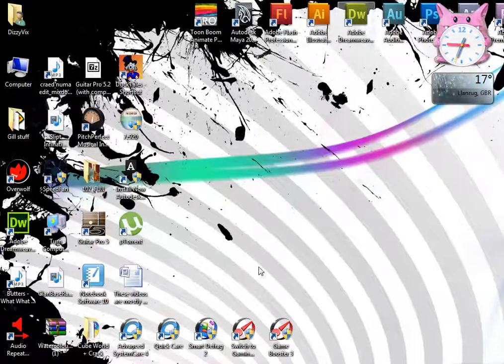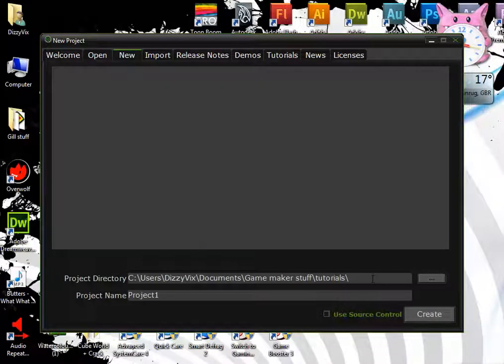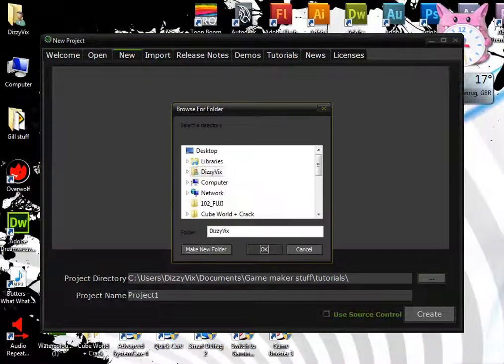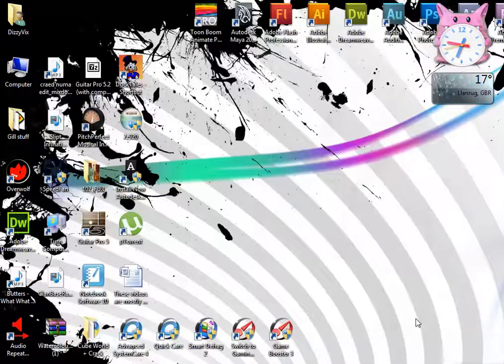So I'm just going to turn this off and boot up Game Maker Studio. So here's Game Maker Studio, and like before, we're going to make a new project. So I'm going to click on New, and there we go. I'm in my C drive, going to Documents, Game Maker Stuff, Tutorials. So I'm where I am. If you want to change yours, you click on this button right here. But by now you should be pro at this, and you're going to navigate to where you want to be. But I'm happy where I am, and for this project I'm going to call this one Lazarus. There we go, Lazarus. I'm going to click Create,